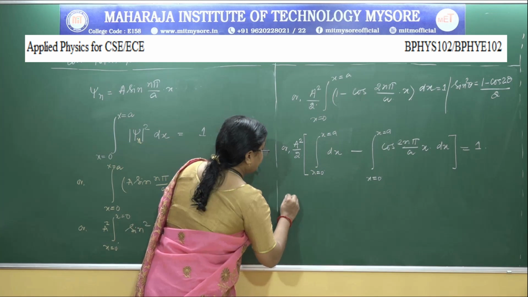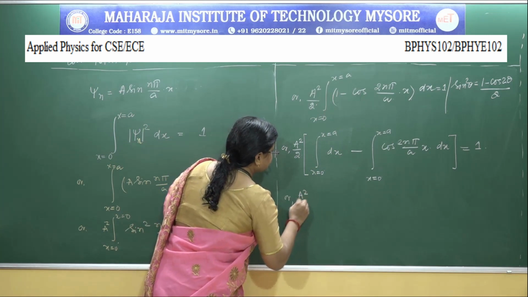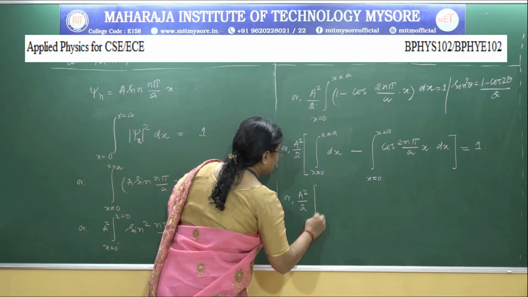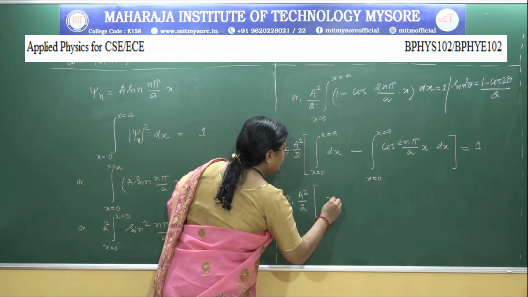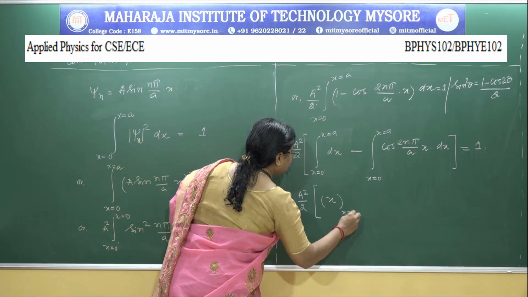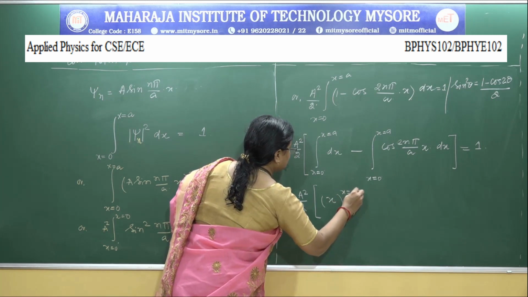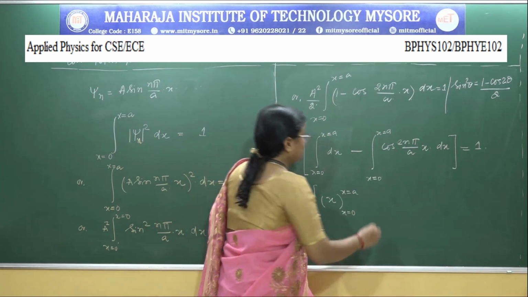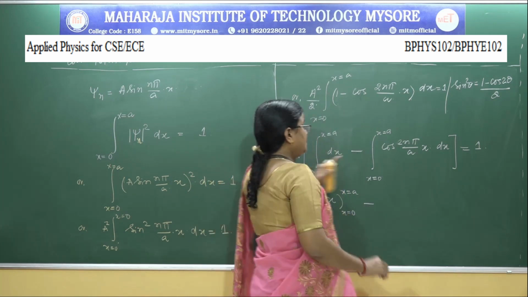So, when you integrate dx, we get x, and the limit is x is equal to 0 to x is equal to a, minus integration